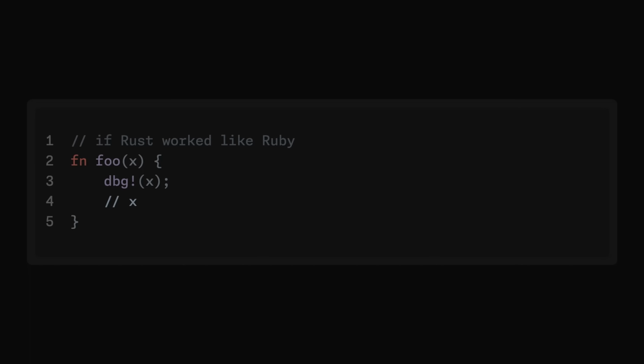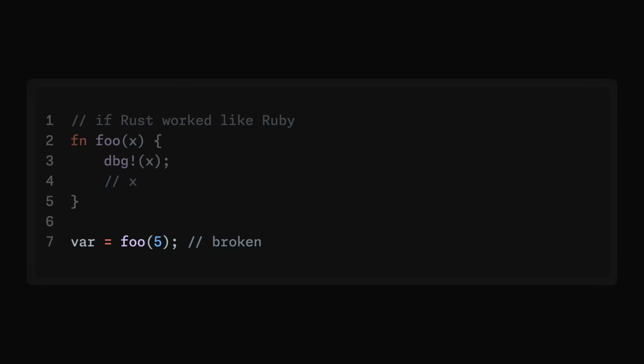If we comment out this line, the function's return type changes completely. Foo used to return an integer, and now it returns nothing. And we get no error or warning. And even worse, we know that every piece of downstream code that calls foo just broke, and nothing told us. That's everyday life in a dynamic language.